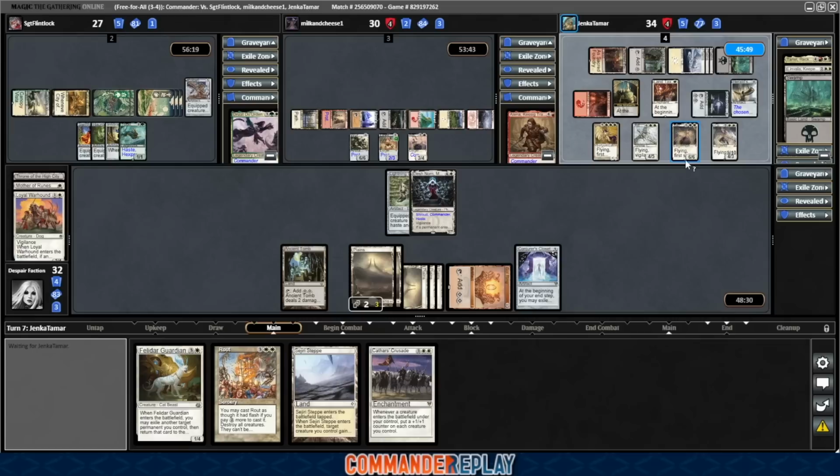And there's a Gisela. At some point, we're going to have to think about that Rout. Probably still going to hold off as long as I can. I mean, it's instant speed. That is the beauty of Rout. But next turn, if they want to turn all the...